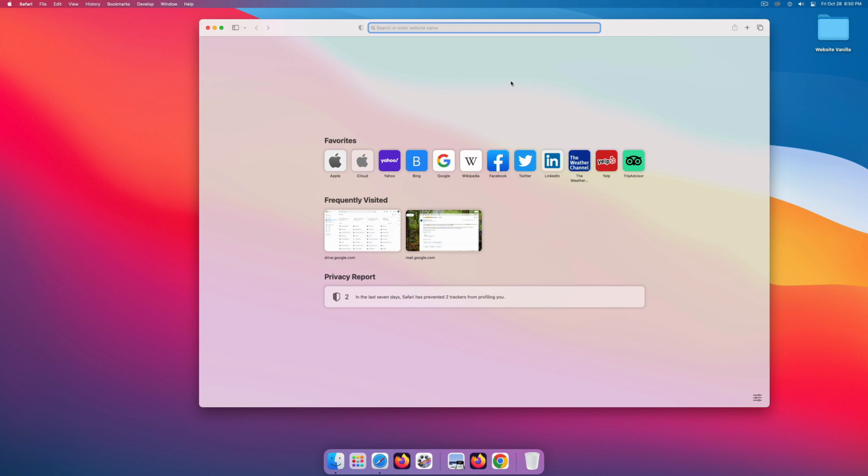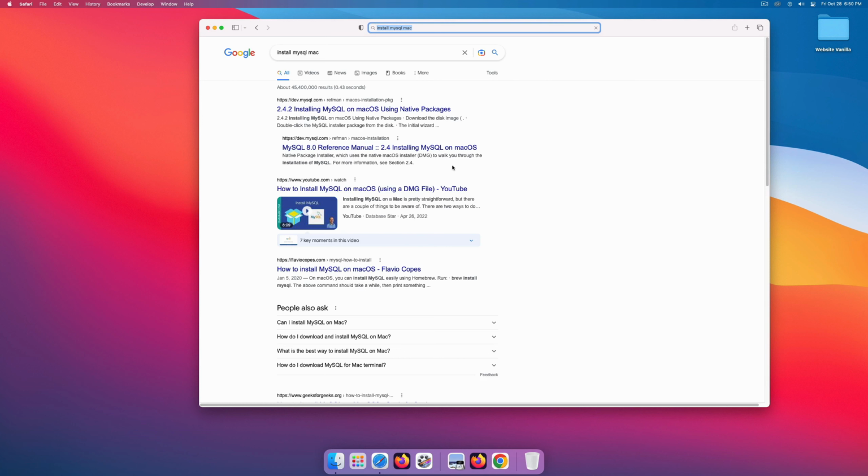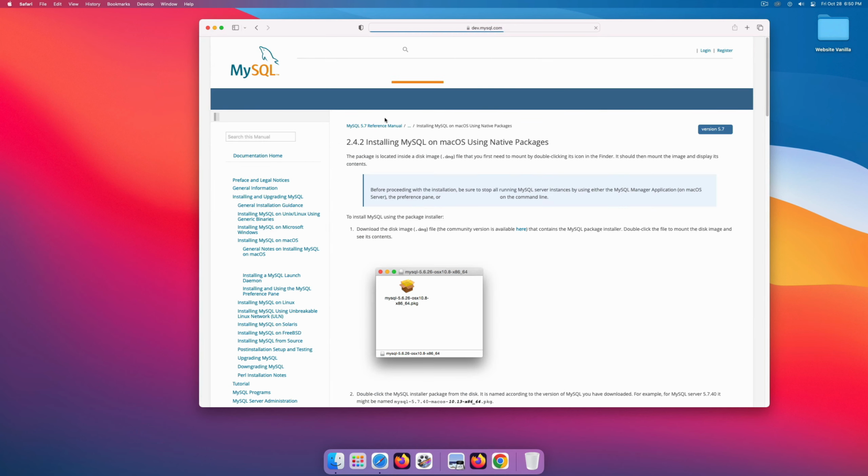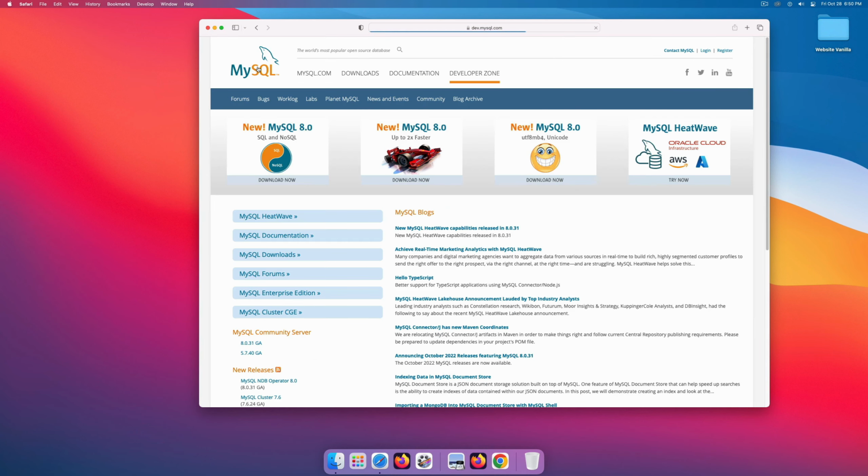So the first thing, if you want to install MySQL, I'm just going to Google install MySQL, and I'm going to use a Mac. So let's go to the MySQL website. This is the MySQL website. You can be on the home page here, dev.mysql.com, as you can see. So I'm going to go to the downloads page,